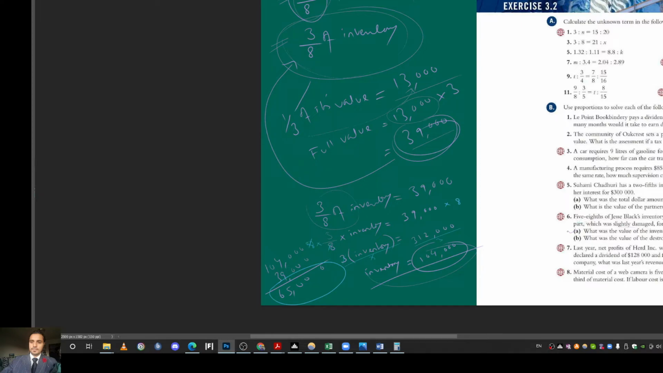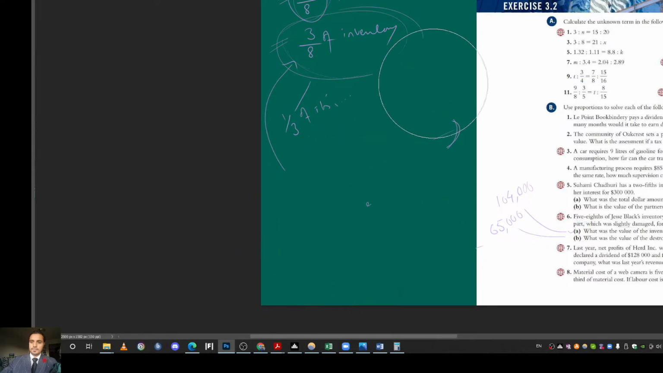So what is the value of the inventory before the fire? It's 104,000. And what is the value of the destroyed part of the inventory? 65,000. Obviously it's burned, so it has no value now, but before the fire, that was the value that